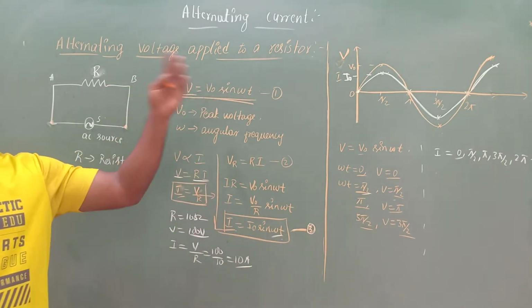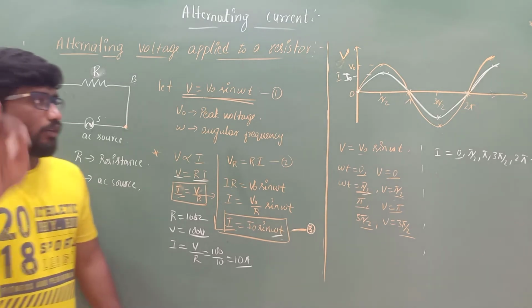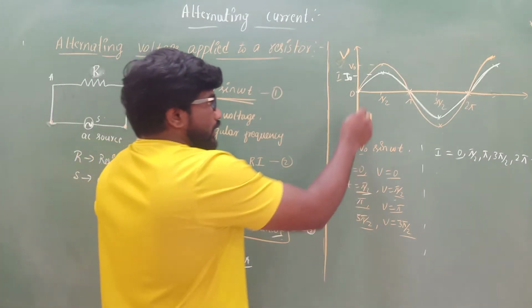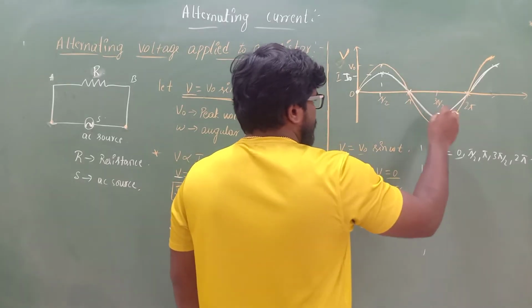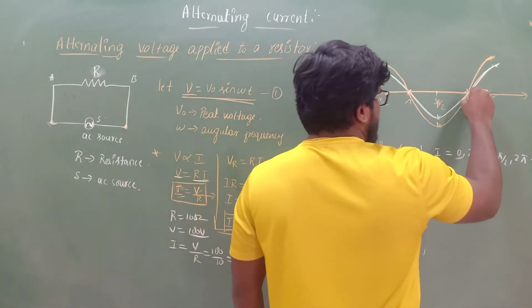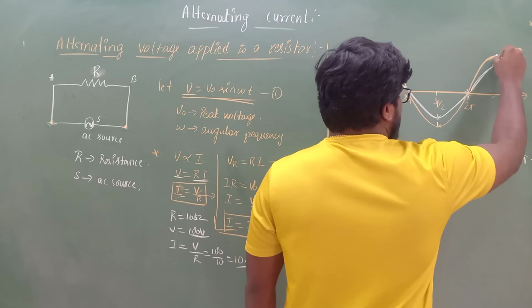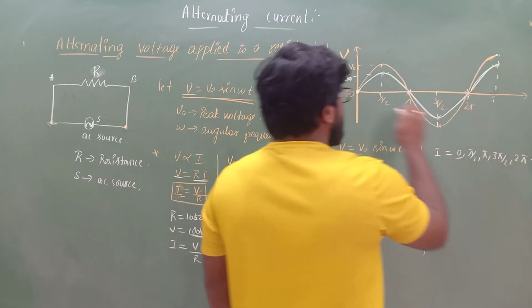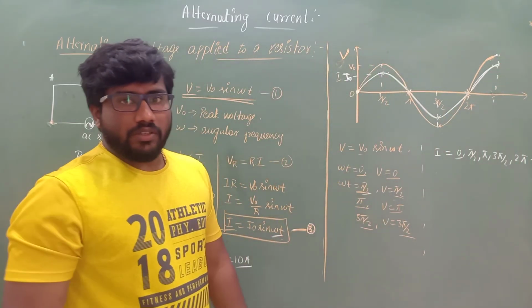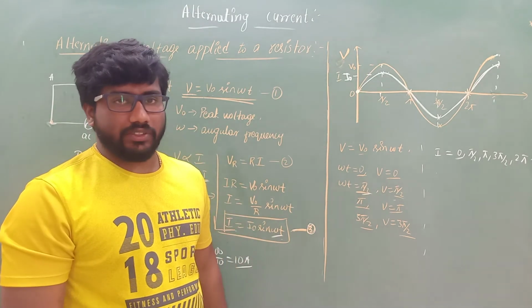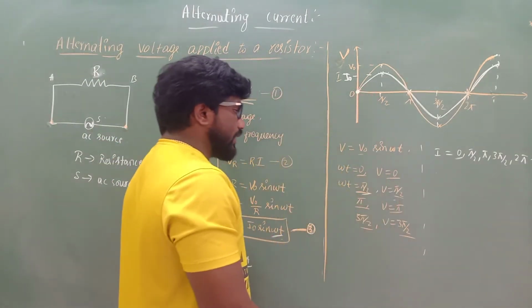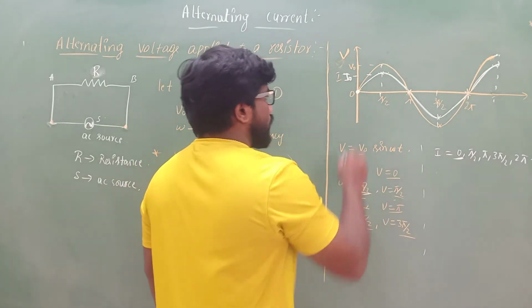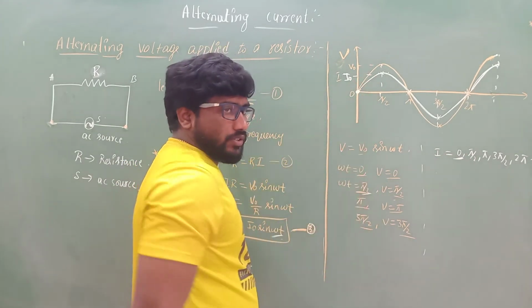If you do like that, then only you will get the value of current. And one more thing here, the angle, the phase difference, here we can use that word phase difference. What is the angle difference here in this case? It is 0. So how can you take this value as 0, sir? See here, if you consider voltage, when the angle is 0, voltage is also 0, current is also 0.